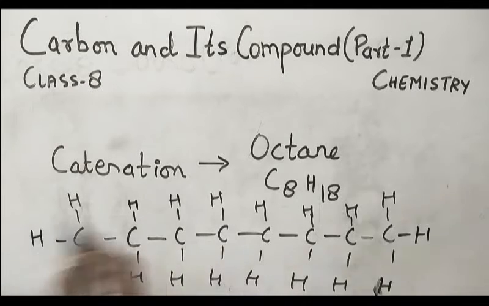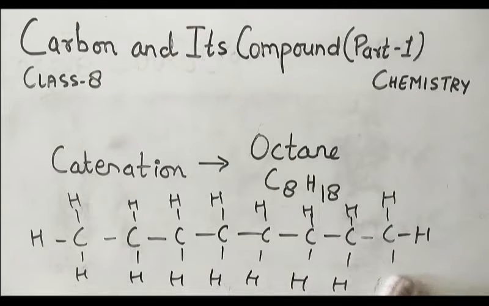And this type of property through which they join with covalent bonds and form the long chains, this property of carbon is known as catenation. Okay, now